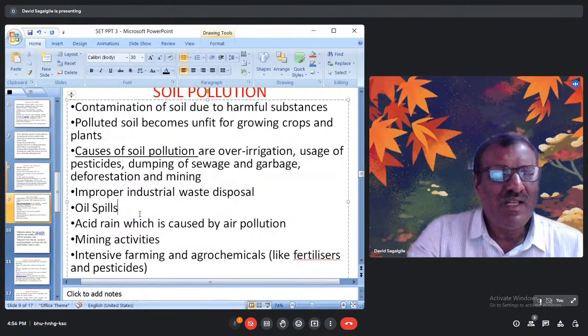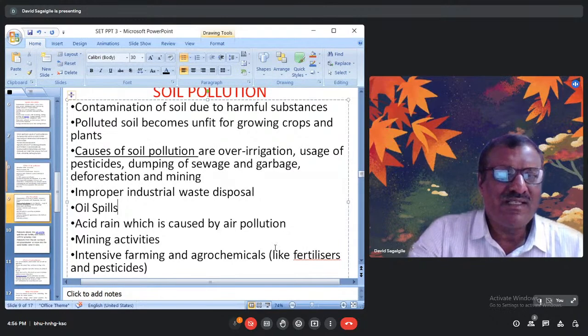Then we see oil spills. Sometimes oil spills on the soil, and because of this, some kind of pollution happens. Then acid rains, which are caused by air pollution. We see that with air pollution, so many poisonous gases are there in the atmosphere. When the rain falls, these gases get mixed with the rain, which results in the falling of acid